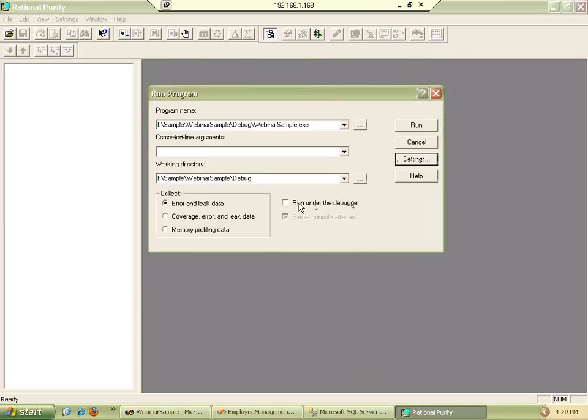run this program. There is something called collect error and leak data. There is an option over here. When I do this, okay, if I can find out whether the memory is leaked and if I know the source where it is created, then I can nail the problem. Someone has asked the question, can this be used for .NET programs? Yes, this can be used for Java, this can be used for .NET, C#, C++. This supports all.